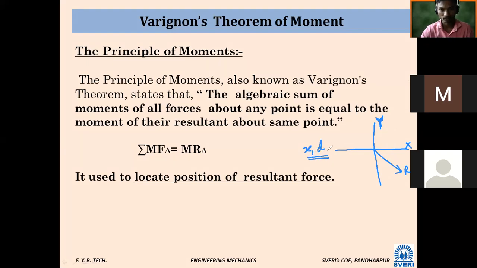In some of the problems, one more thing is asked for the resultant. Locate the resultant means what? Not only this x or d. Here x or d means parallel. The resultant will go in this parallel direction, and the distance we are finding is the distance between two parallel lines. That is the perpendicular distance we are finding.